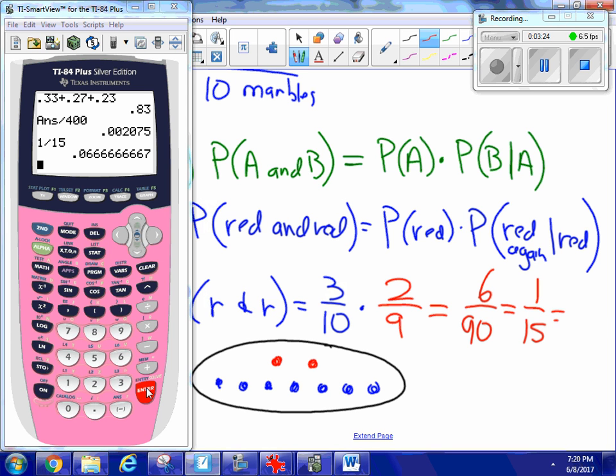So this raises a couple of things. When you have a dependent event, it's not only that you're removing one from your sample space, you might also be removing one of your possible desired outcomes. So the lesson here is, when you can, draw a picture. And that will help you solve a